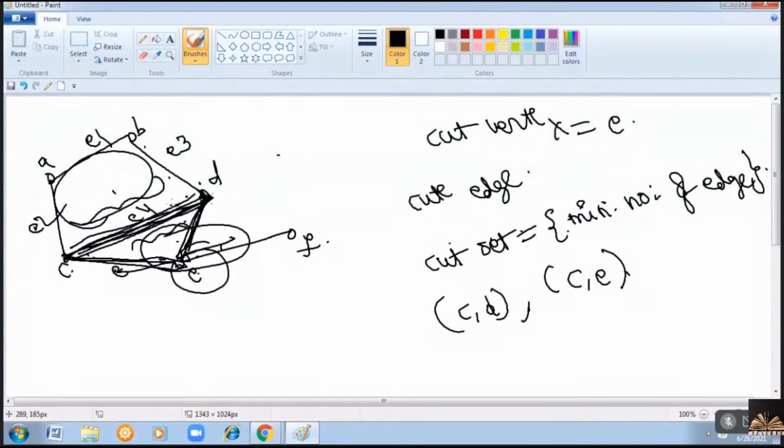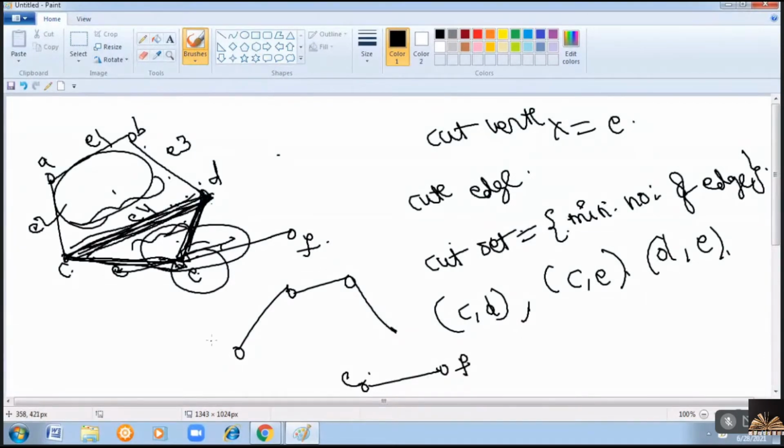Therefore, what is the another edge that you have to remove? You have to remove one more edge, that is E comma E. Now, when you remove all these three edges, then you will get a graph like this. This is one component, and here you'll have another component. This is your C, A, B, and clear. Therefore, you can say that the minimum number of edges, that is these three edges, results this graph into a disconnected graph. It is known as a cut set.